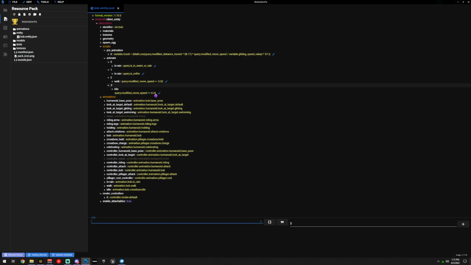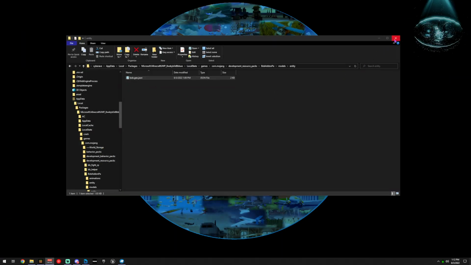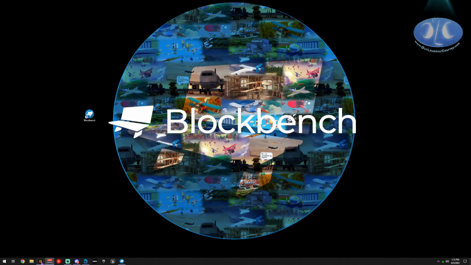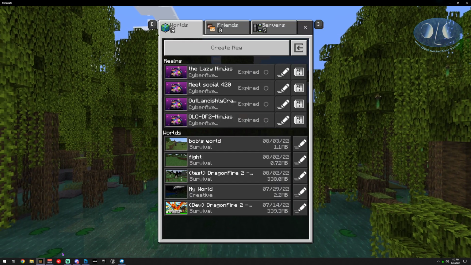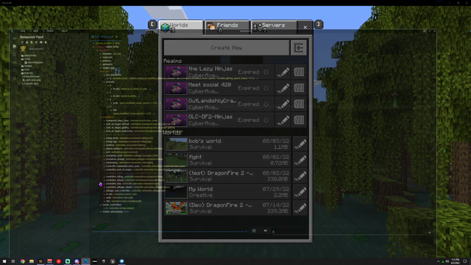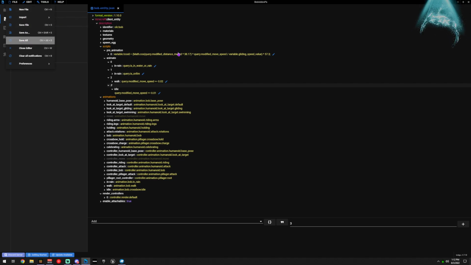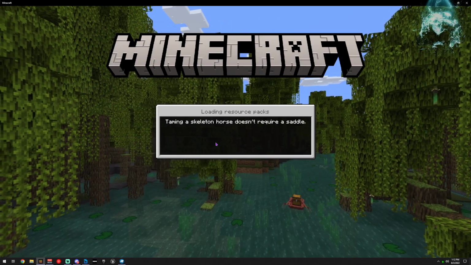You need to use an animation controller. That's the state machine that would control the state and play the right animation. We're just cheating so I can make it easier on you, since we're so long into this. That's a whole other guide for animation controllers. So we save everything. We do save all. We minimize. We go back to our world.